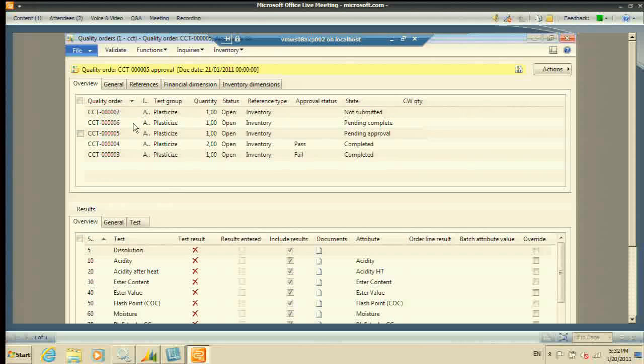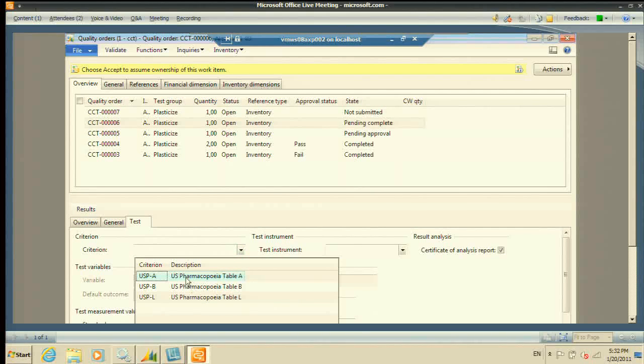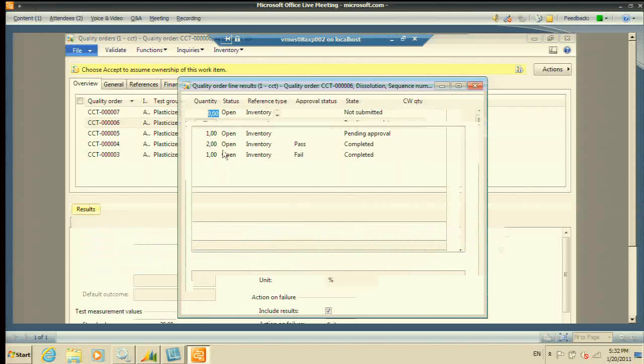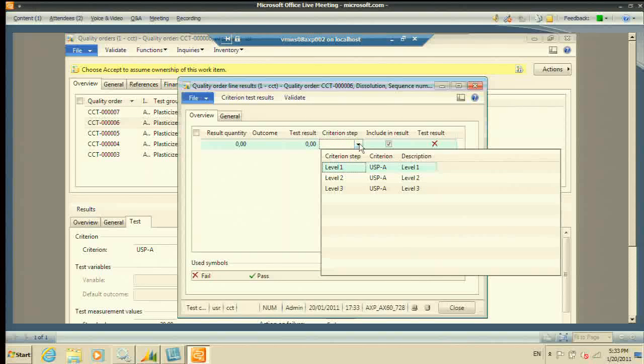To finish off, zooming into details, here we have, for example, dissolution test. And as I was saying before, we have added US pharmacopoeia criterions. If you have this criteria, you go into results. You can insert the quantity and the steps. So you have multiple steps as well. Level 1, level 2, level 3, and so on. I will not elaborate. This is specific for pharmaceuticals. We have just taken what's been done by Microsoft and greatly enhanced it in the quality part and in general for pharmaceuticals. So going back to the presentation,